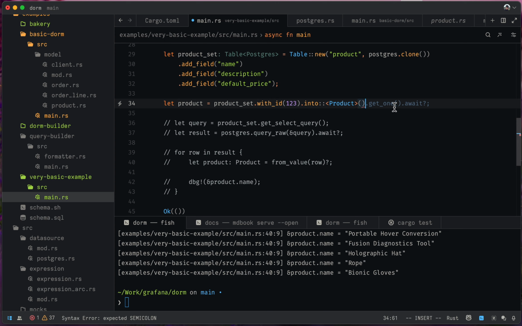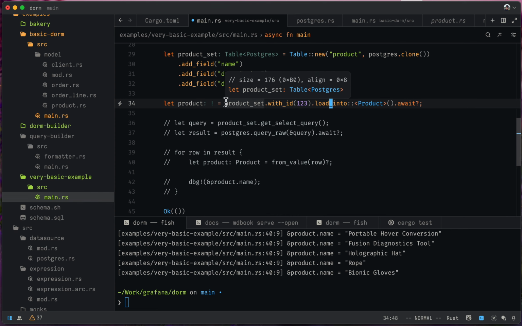Right? Or maybe it would be like load into. And then obviously we also need a wait, and it can throw an error. Maybe it will be load into, I'm not sure. But anyways, this is how we reduce the scope for the product set,